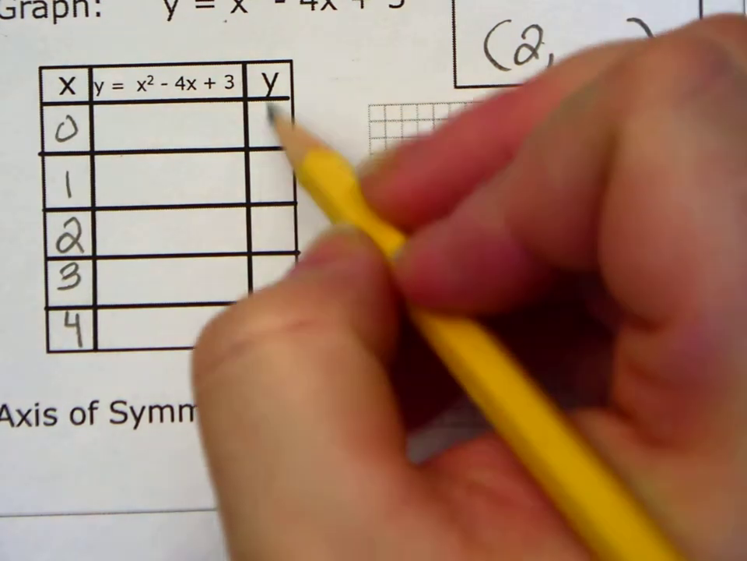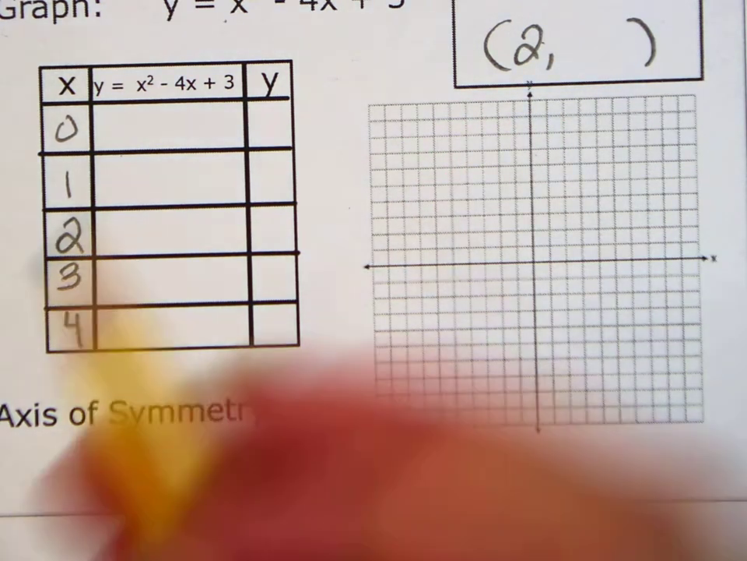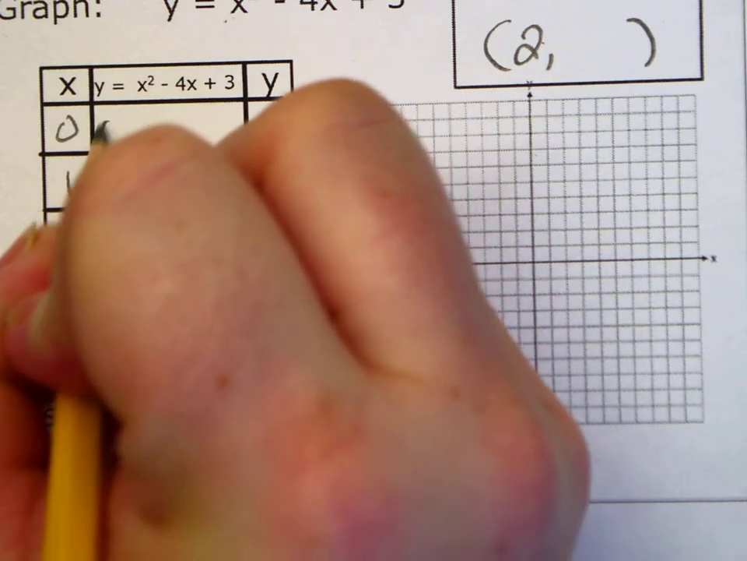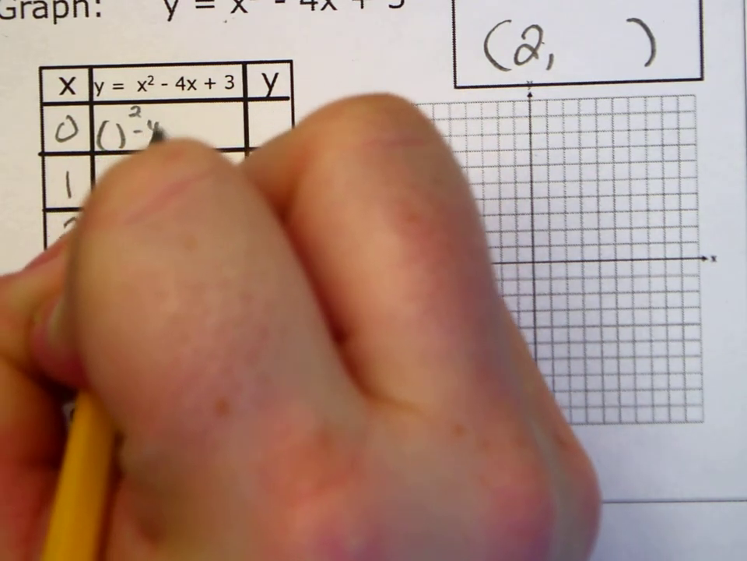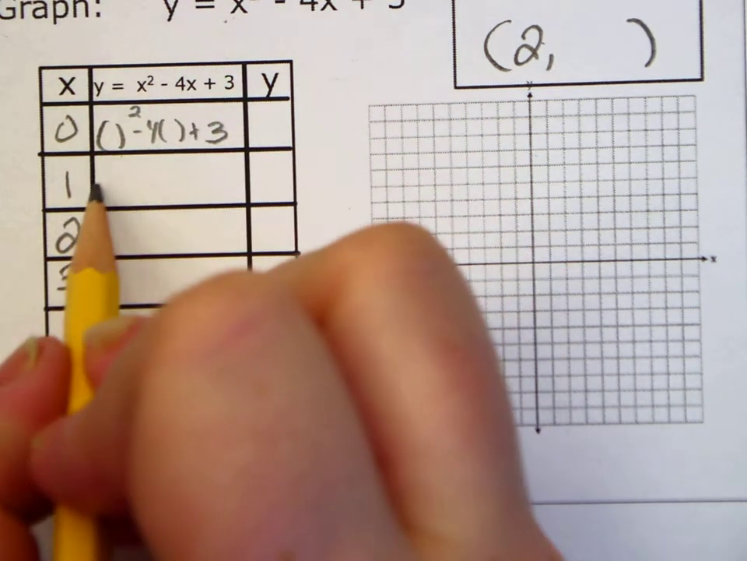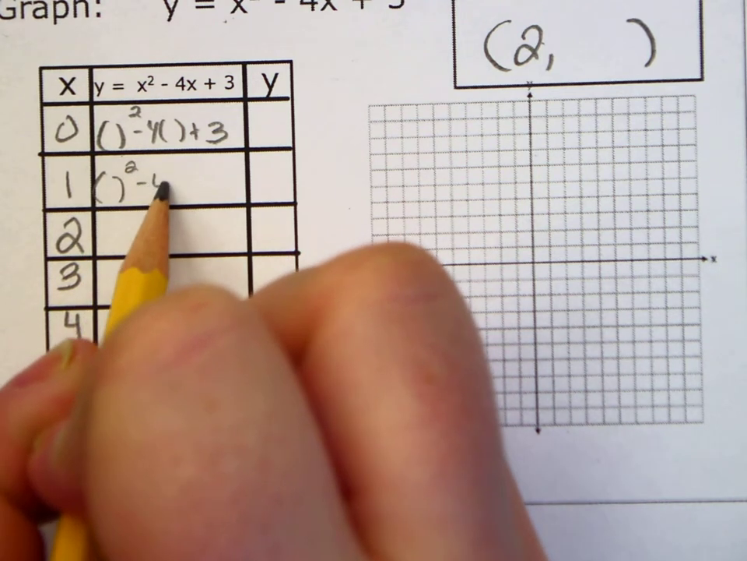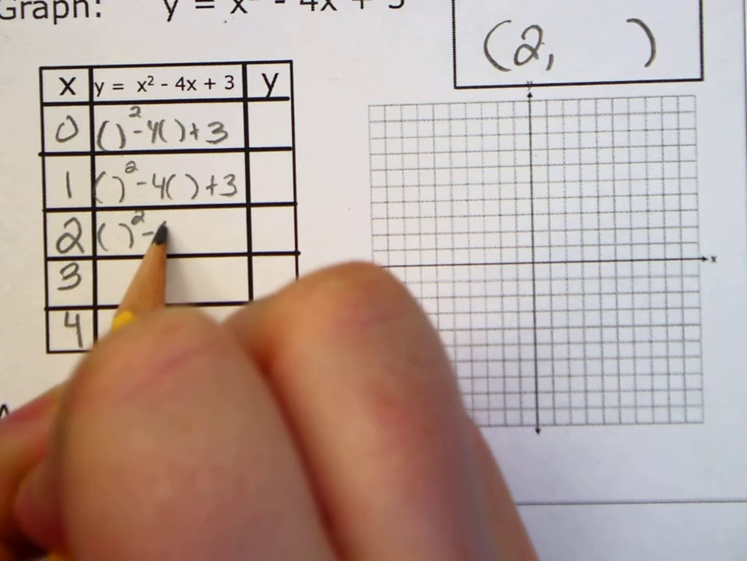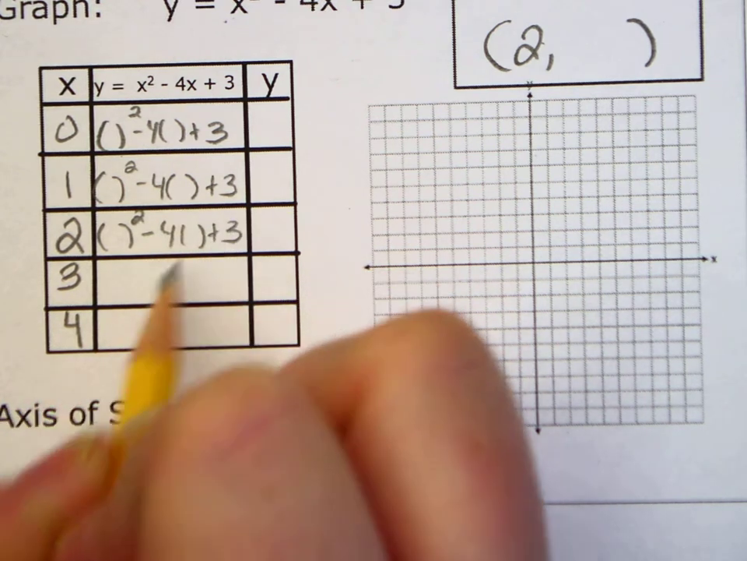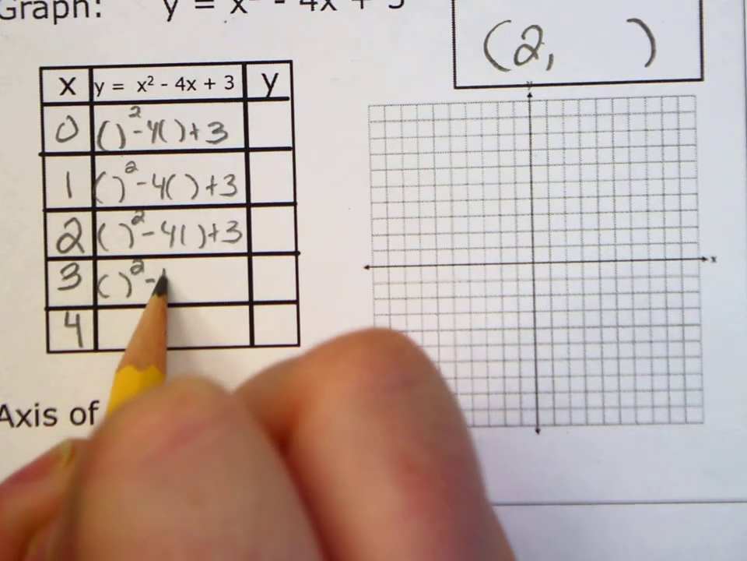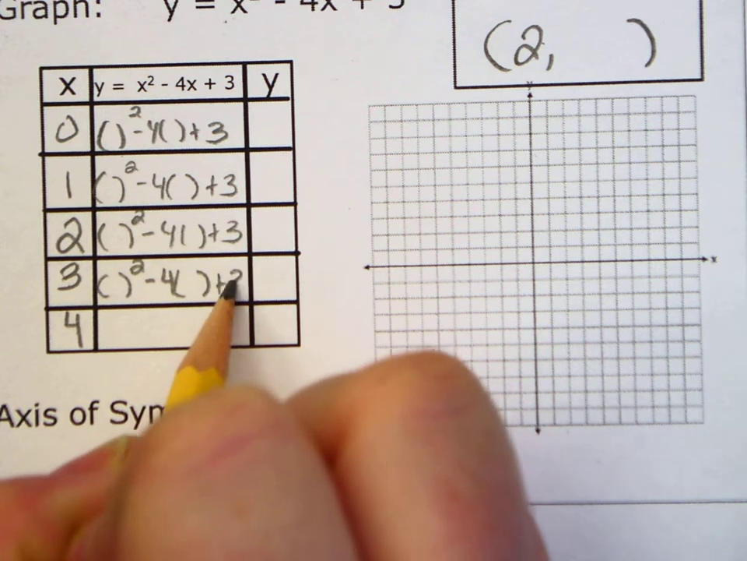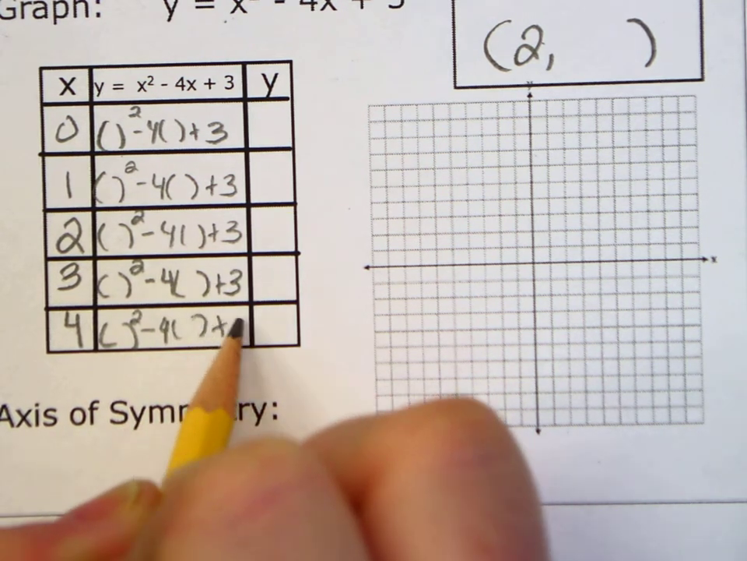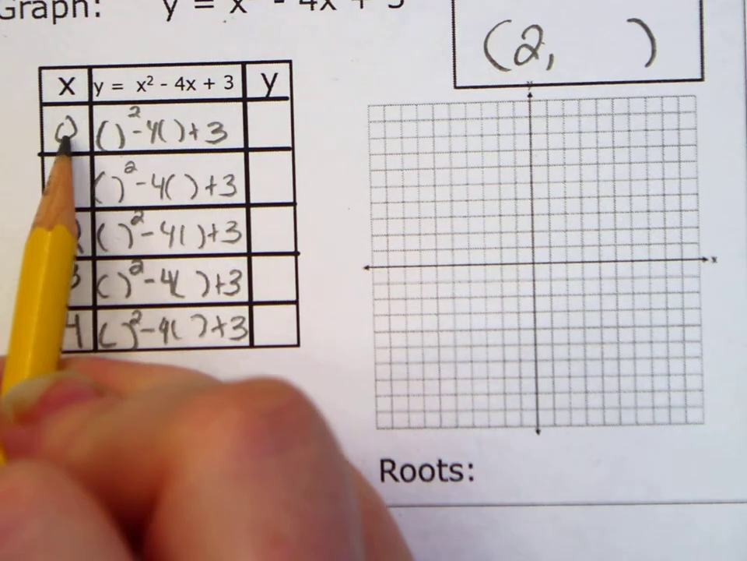Now we need to find the y value. How do you find the y value? Plug it in. So we're going to replace the x with 0. Parentheses squared minus 4 parentheses plus 3. I'm going to do this everywhere. And then in the parentheses, we're putting 0,